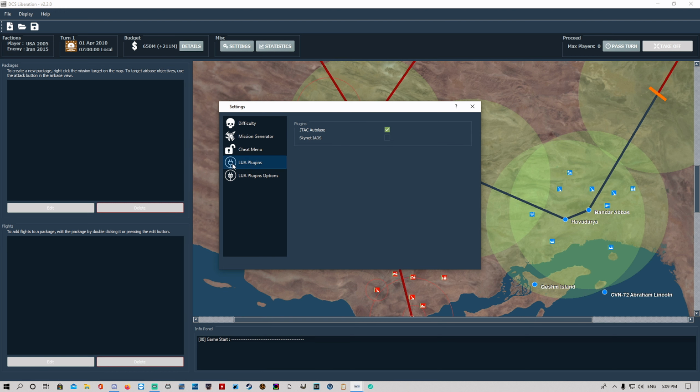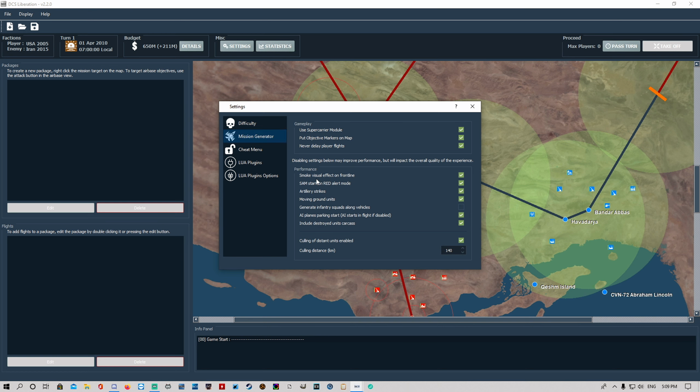This is new. So we've got Lua plugin. So you've got JTAC auto lases. So you can turn that on, and then you can use the JTAC scripting. So that will lase targets for you. And also in